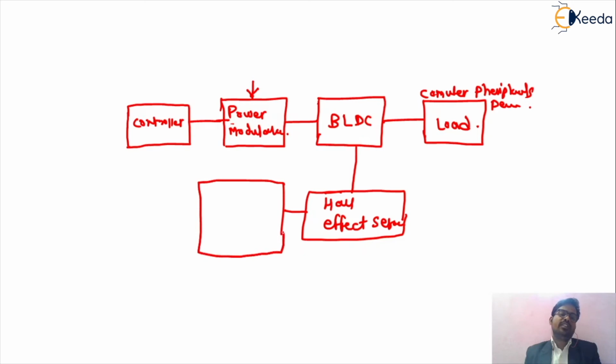Depending upon these commutation devices, we call it the commutation circuit. What do we mean by the commutation circuit? Depending upon the controller action and this commutation circuit, it is now given to your controller. This controller will depend upon the controlling action.